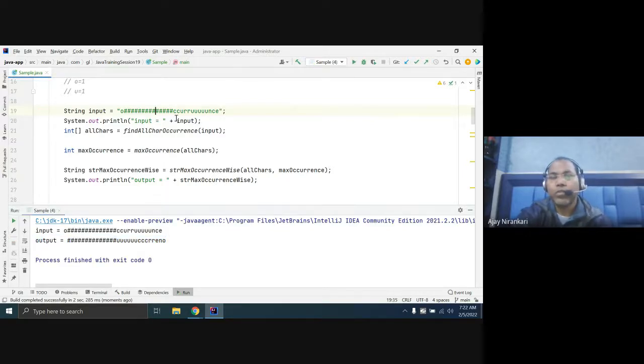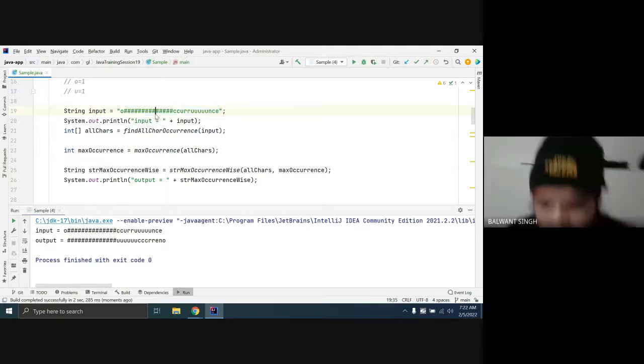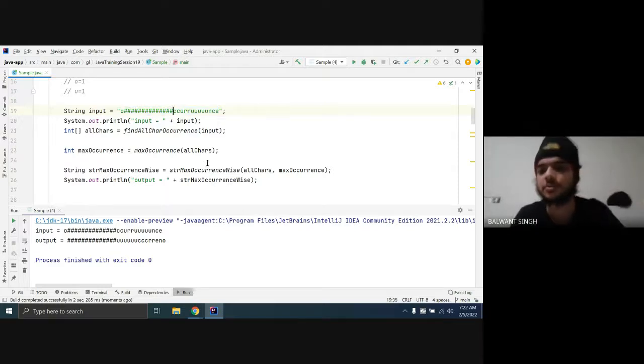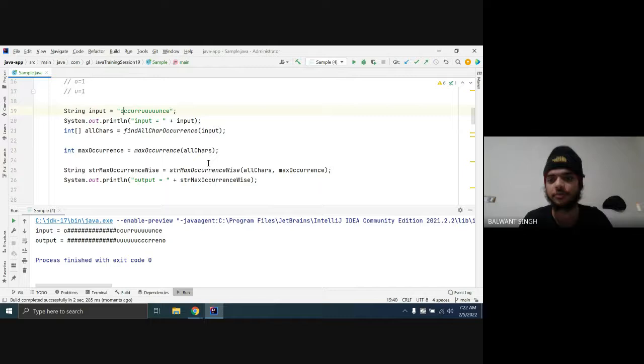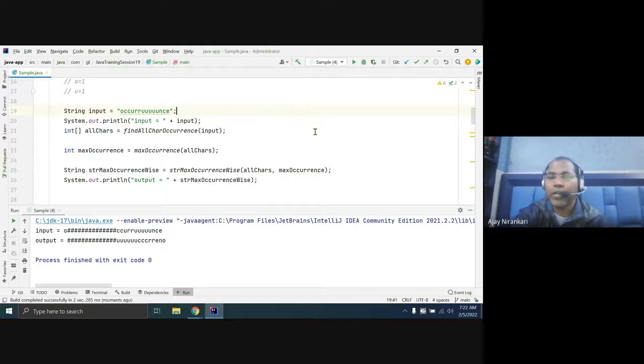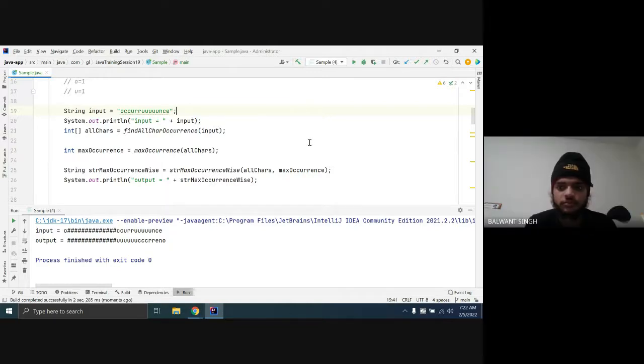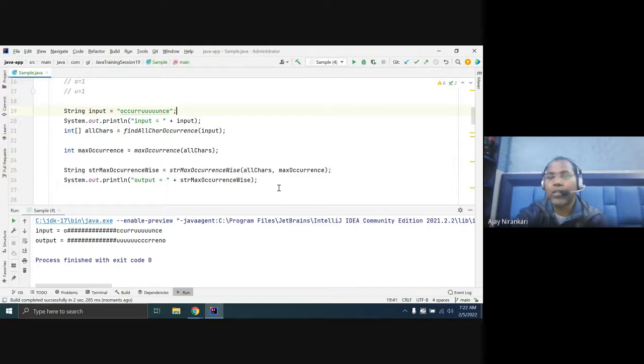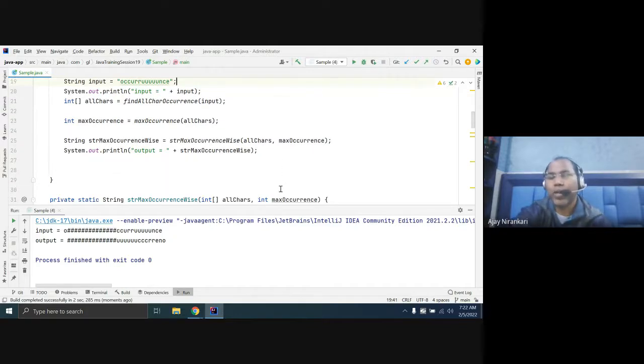So this code should be more generic, not only alphabets but whatever string you have. It will not ignore the space. It will not ignore case either, because capital A has ASCII value 65 and lowercase a has 97.